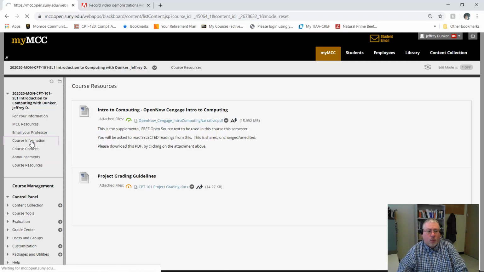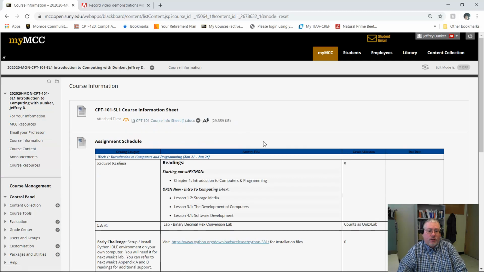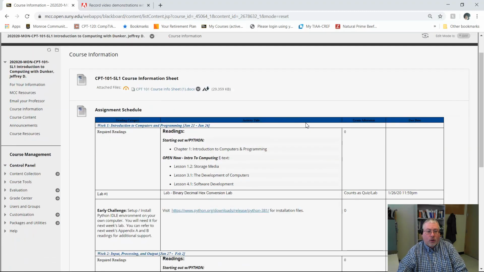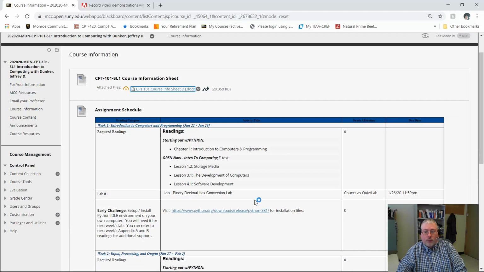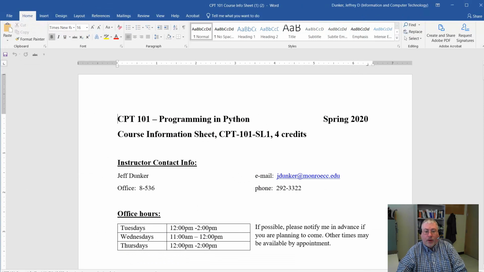So let's go into course information just to see what is involved in the course. You will have a course information sheet that you can download to see how I do grading for the course, and just standard policies and college-wide notices are put in that as well. So if we just open that up to take a look, it will download, and then you can open it right up, and it will show you stuff like